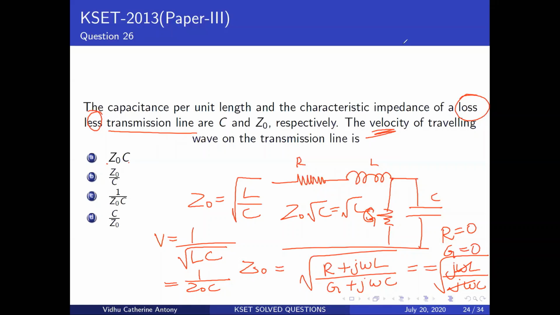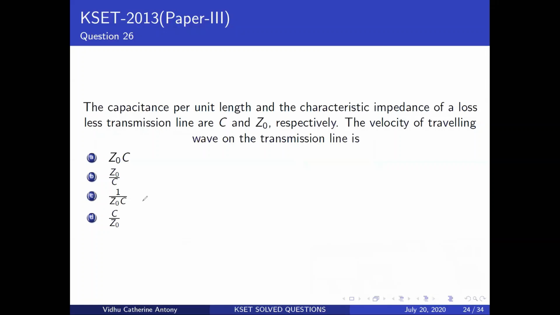So what is the easier way to do this? I have capacitance per unit length given to me, so let me write capacitance per unit length as cap. Now, what is your capacitance? How can you write your capacitance in a simple form? C is equal to Q divided by V. That's your formula for capacitance. So I get a coulomb here and a voltage here.